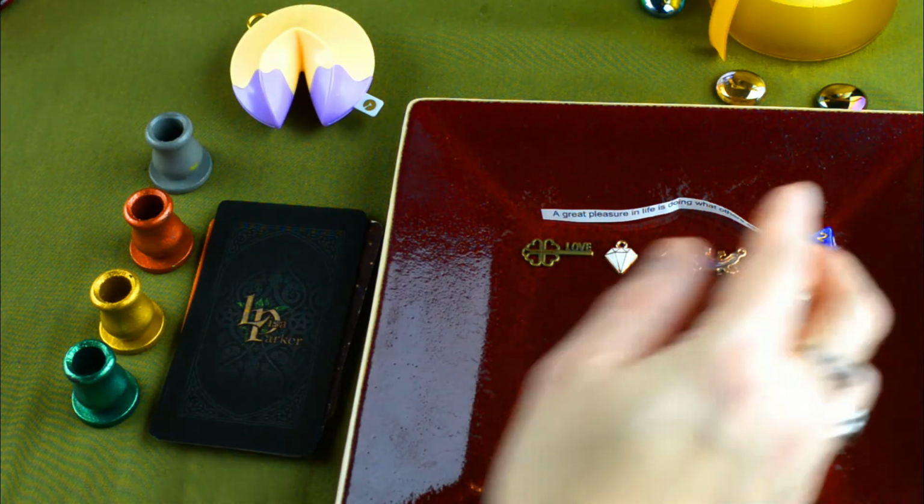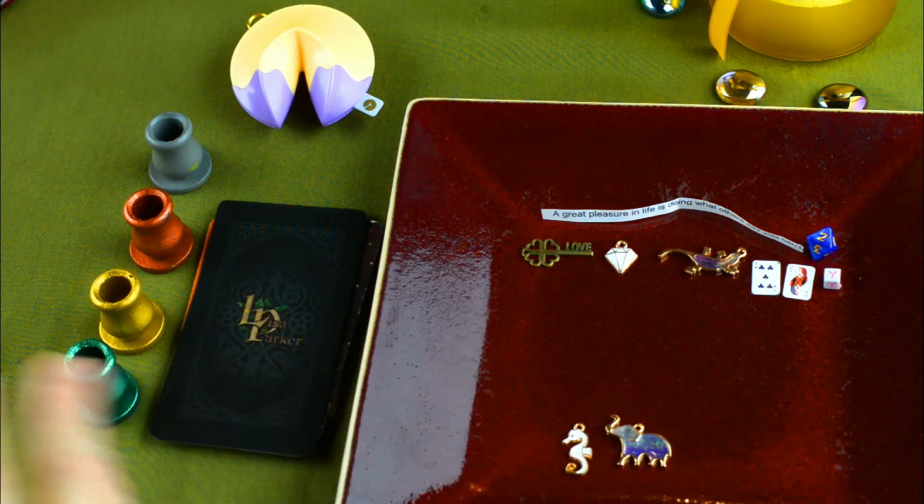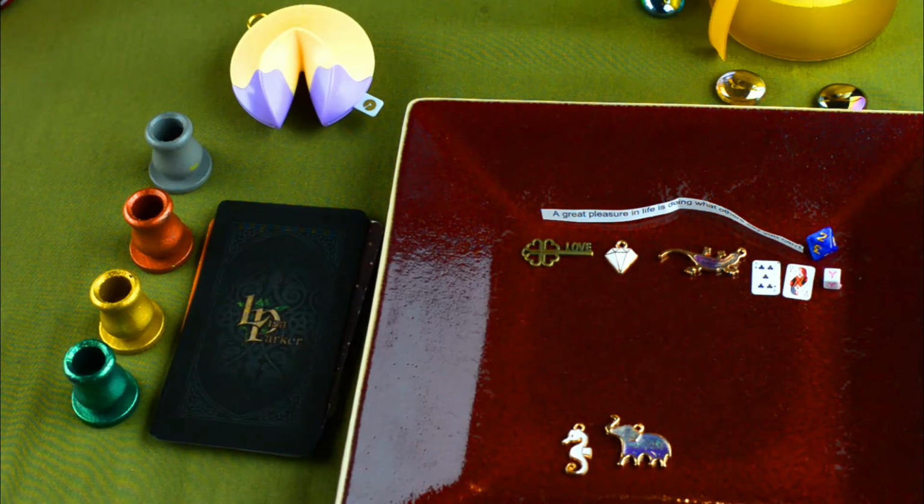A Y to me stands for you. Okay, so I think this is all about you for sure. This is all about you, your decisions, what's best for you, what you should do. I love the Queen of Diamonds here that we looked at, because that deals a lot with our finances, businesses,